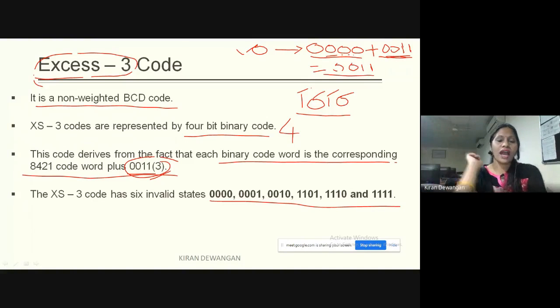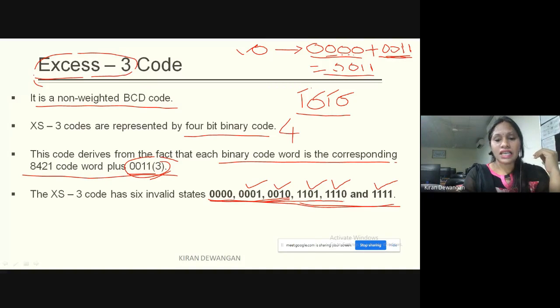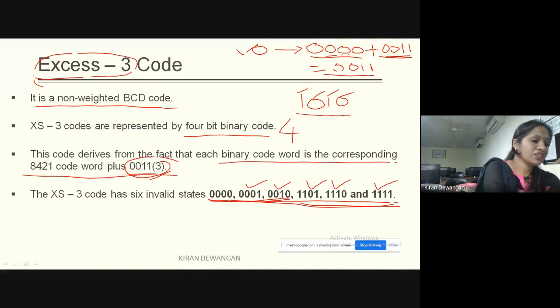XS3 code has 6 invalid states. The starting 3: 0000, 0001, 0010. And the later 3 values: 1101, 1110, and 1111. So these are the 6 illegal combinations.